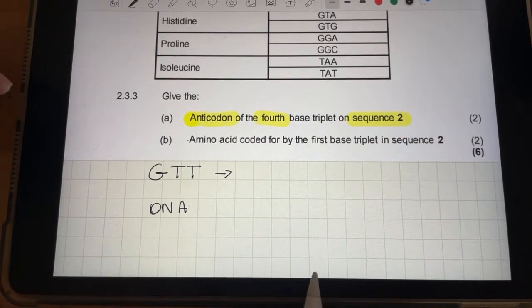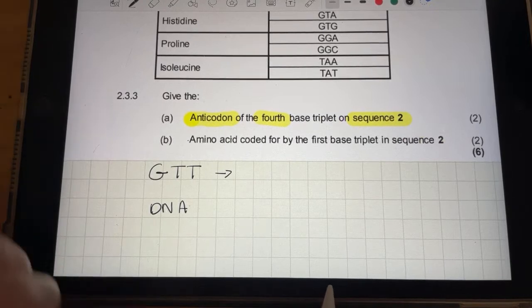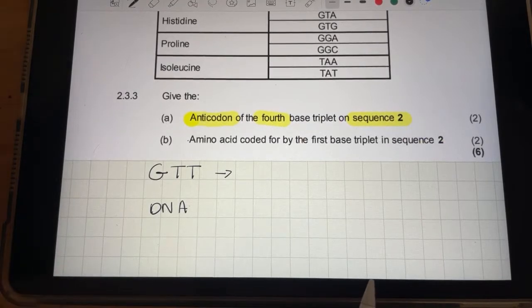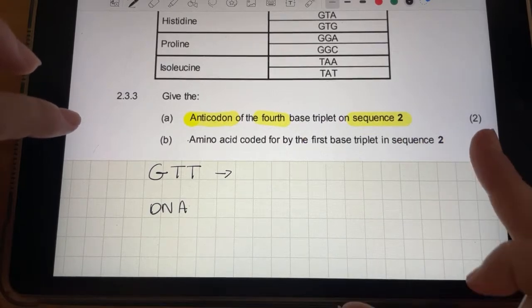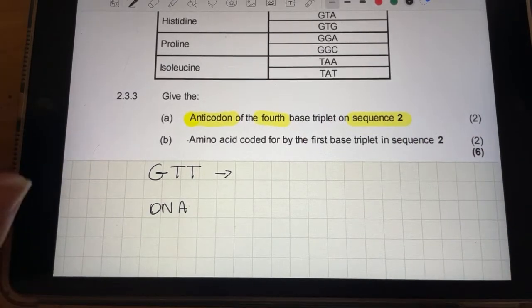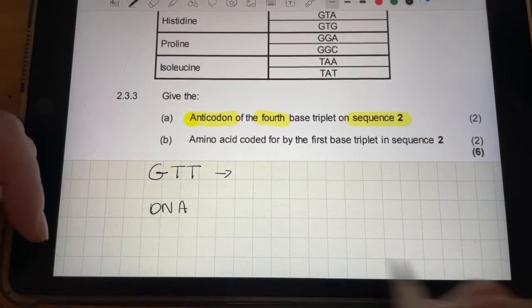And by the way, any of you who want to skip straight to the anticodon without doing the working out, I don't suggest that, even if you are the smartest student, because there's always room for error when you are writing exams and you are nervous. So rather take it slow, do the working out, and you will get 2 out of 2 and you won't sacrifice losing silly marks.